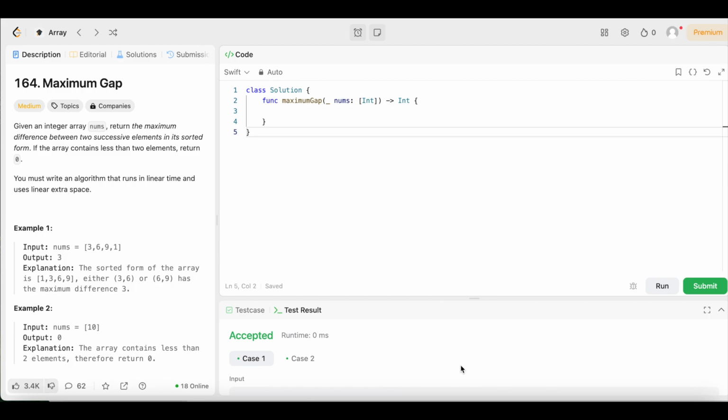All right, y'all, we're back again, another day, another LeetCode problem where we're doing daily LeetCode problems. And today we have question number 164, maximum gap. The difficulty level is medium, but don't worry because we're going to keep the solution as simple and easy to